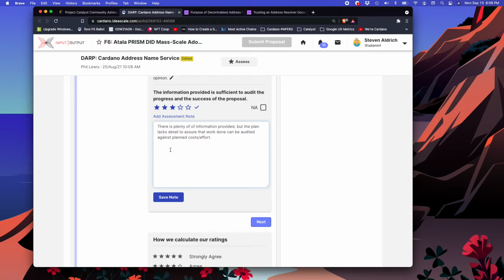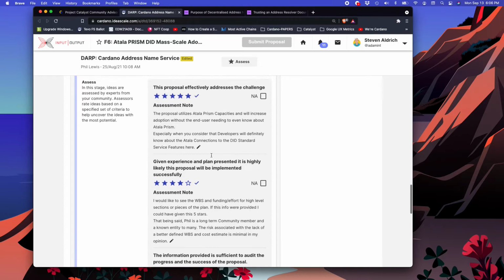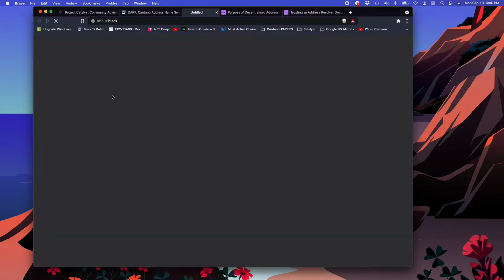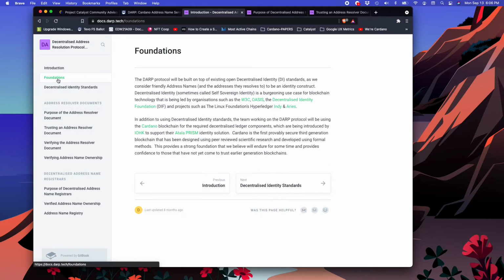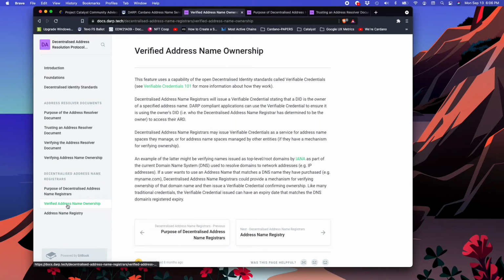All right, now while I'm writing this, I'm thinking, well, heck, maybe some of that information is over here in the docs. So let's go take a look. We've got foundations. Okay, so we've got plenty of links in here. This is why decentralized, and then resolver documents, purpose, trusting, verifying. Okay, I'm just not seeing anything here that gives me